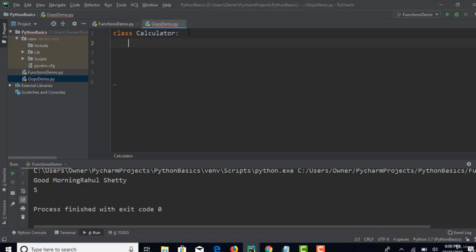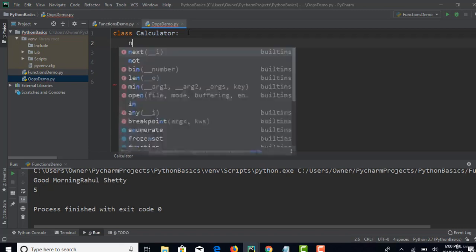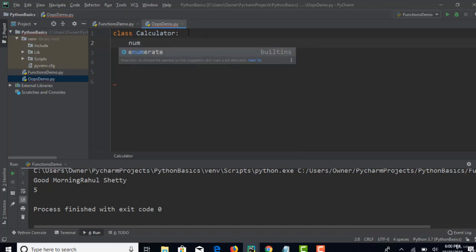And if you are lost and if you are in the beginning, then press tab so that it will move to the exact place. Now, in a class you can actually have variables and methods. These are the two commonly used. Let's say I will create one variable which is num equals 100. So the value of that num variable is 100. Okay. Next,